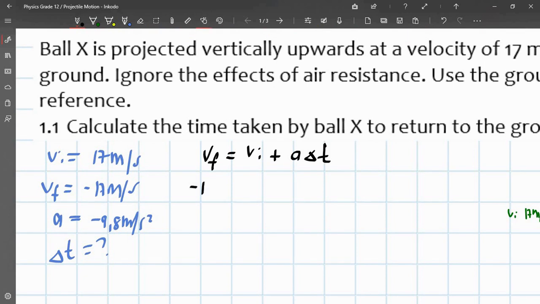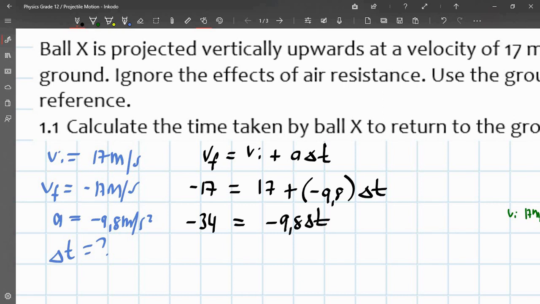Final velocity is minus 17. It's equal to initial velocity 17 plus acceleration, which is minus 9.8, and we have a change in time here. Take it across. This is going to be equal to minus 34 is equal to minus 9.8 change in time. Divide both sides by minus 9.8,